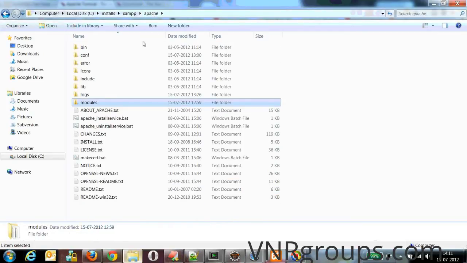Just now I have copied the module file, and as mod JK says, there is a concept of workers in mod JK. A worker is nothing but a group of Apache Tomcat instances that has to be configured, for how the Apache HTTP server or mod JK connector communicates to the Tomcat server. There is something called an AJP port, through which mod JK communicates to the Tomcat server. Through the configuration, I'll show you what that is. Now I have installed my mod JK module in Apache.